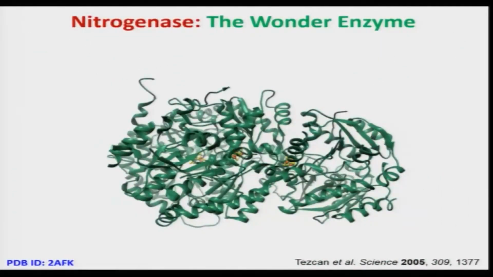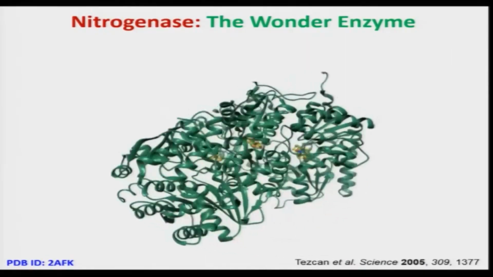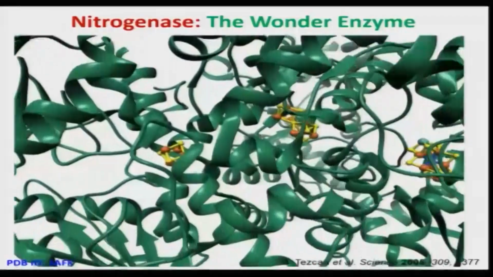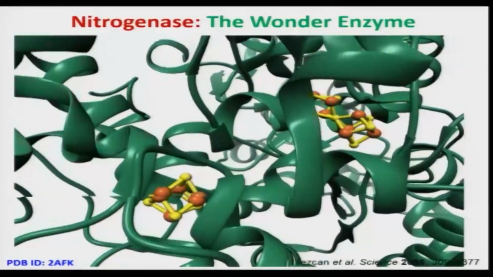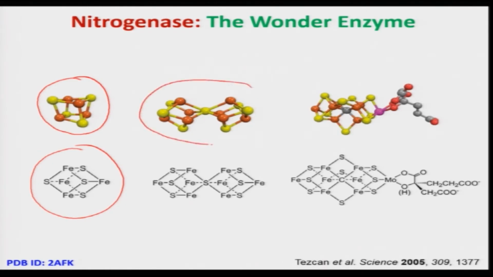If I remove this protein chain, you can see the metal clusters that come immediately, an iron sulfur cluster over here, and you can see the structure in the ChemDraw I have shown here. Then this is also similar to an iron sulfur cluster, but not exactly identical. We call it the P cluster,